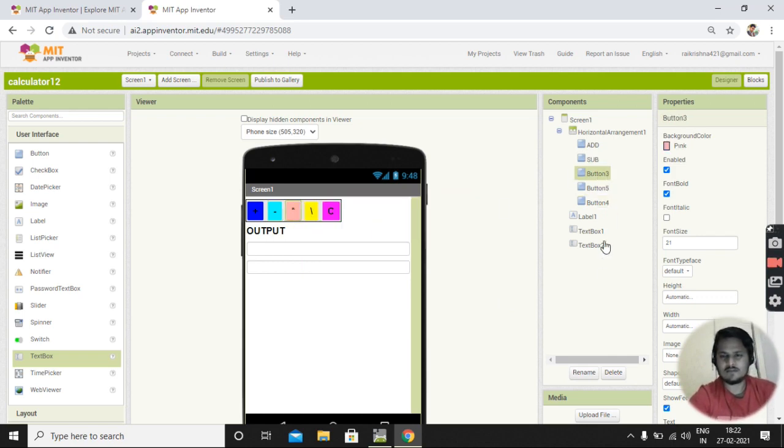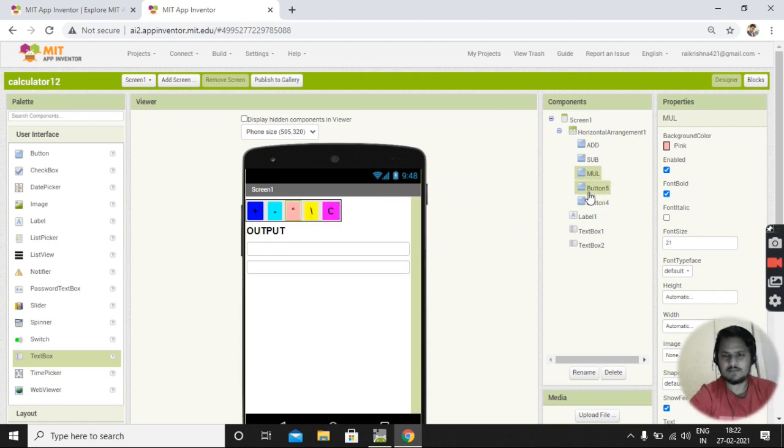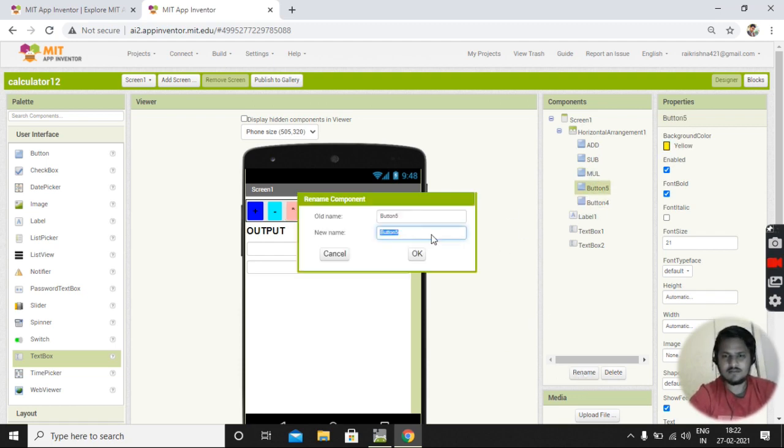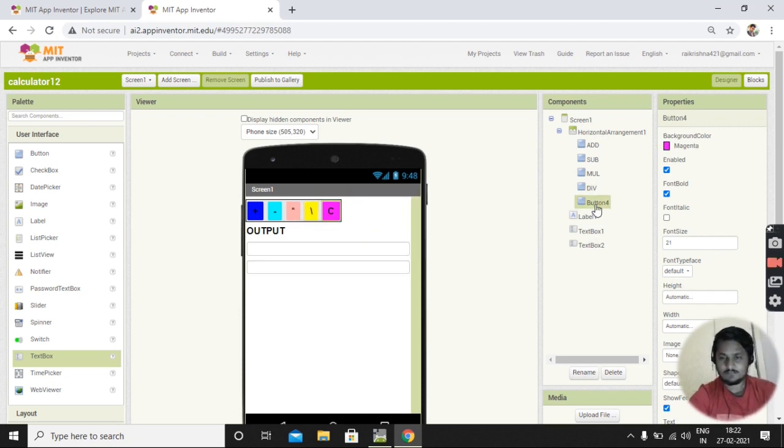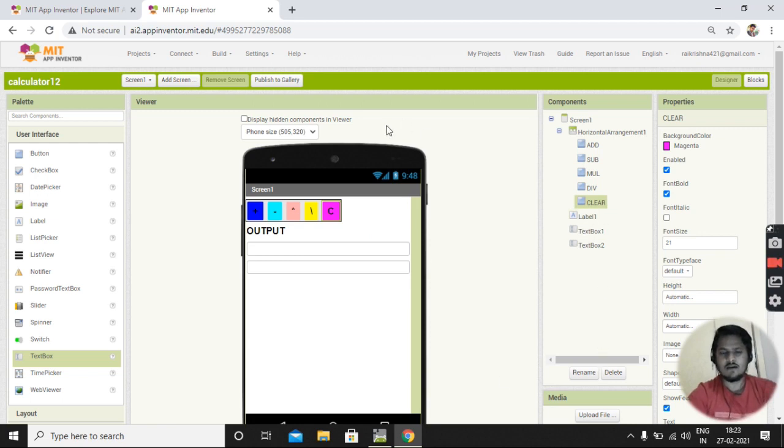I am doing these things so that you don't get confused. Multiplication, mul, division, div, and button 4, rename it clear. Okay, now the designing section is completed.